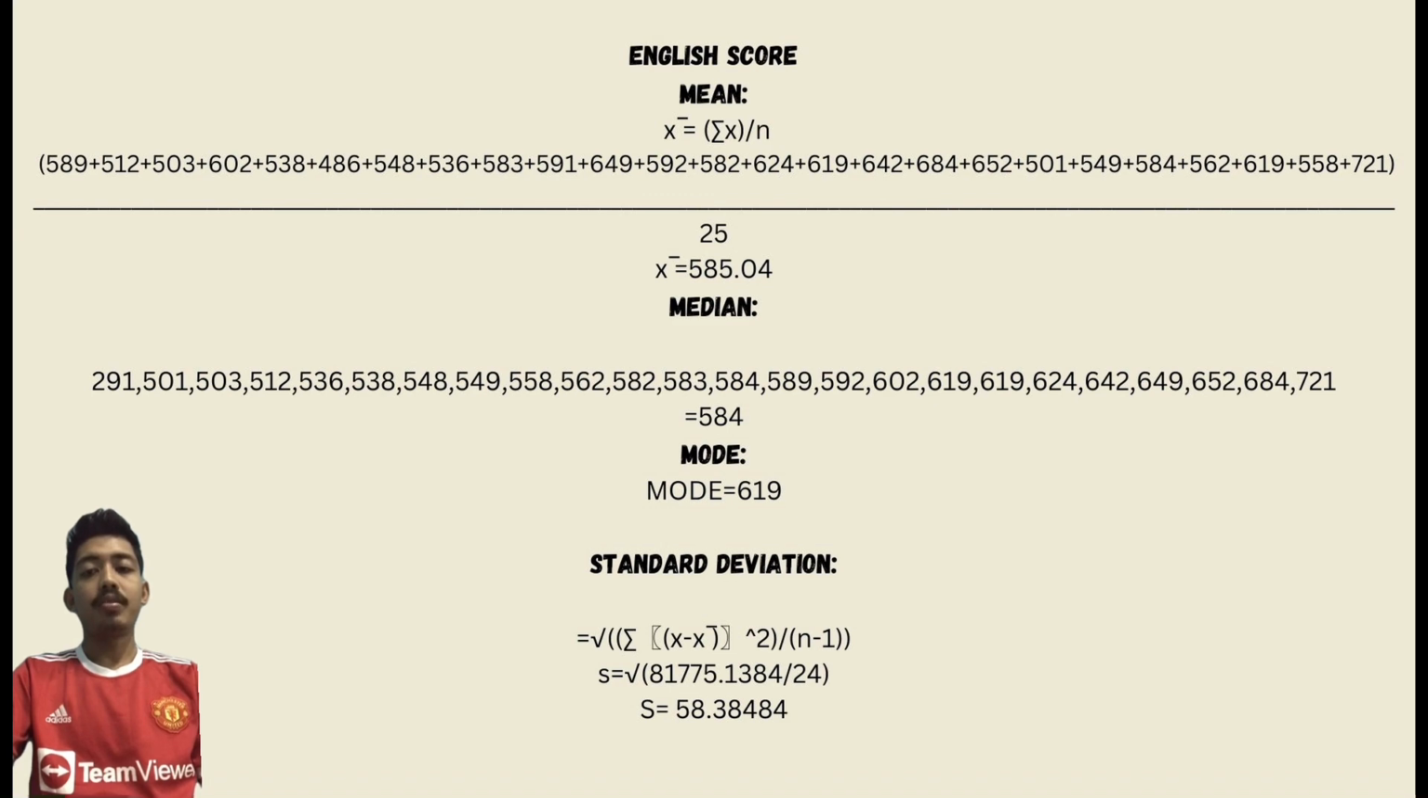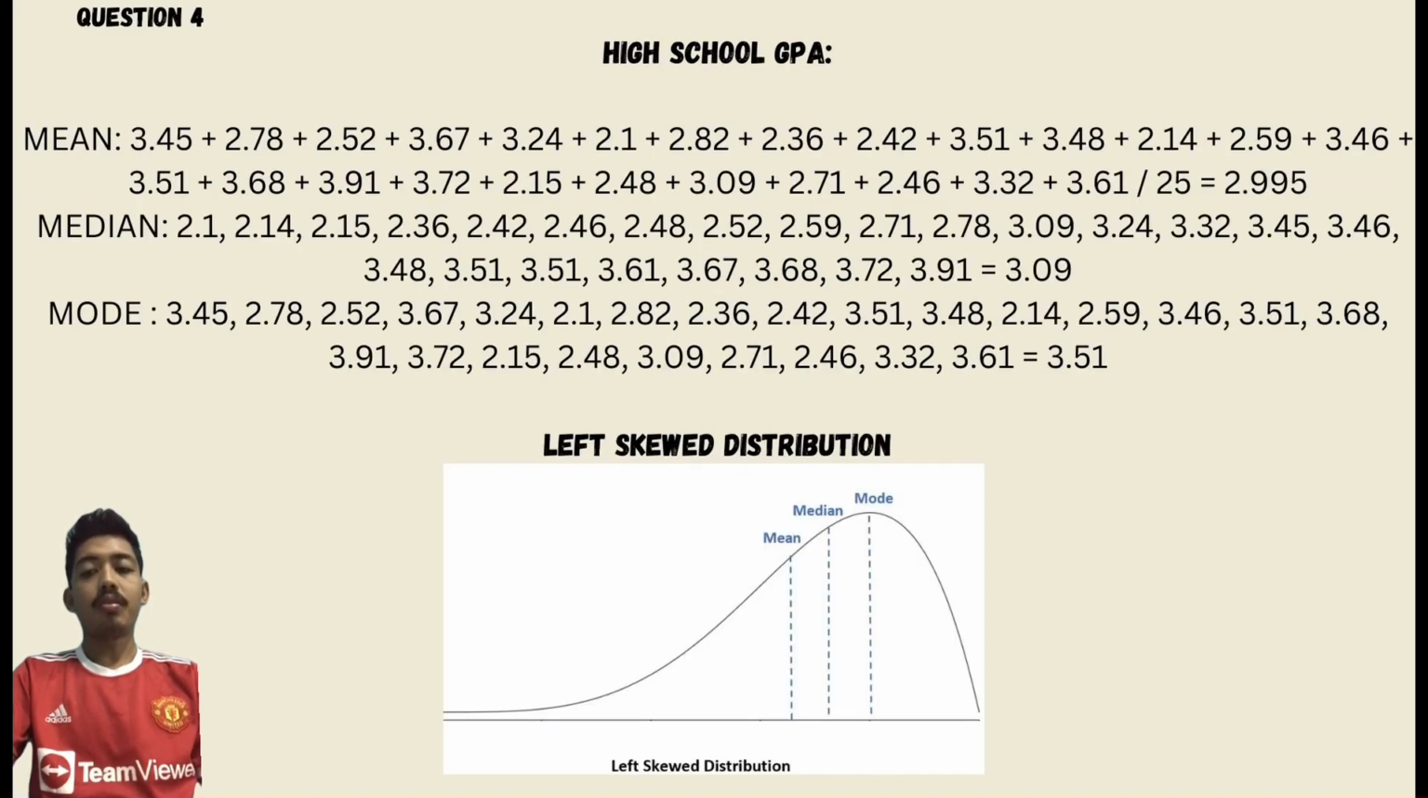The median for the English SAT score is 584. The mode for the English SAT score is the same, 619. The standard deviation for the English SAT score is 58.38484. Next, for question number 4, we need to estimate the distribution of high school GPAs and computer GPAs,